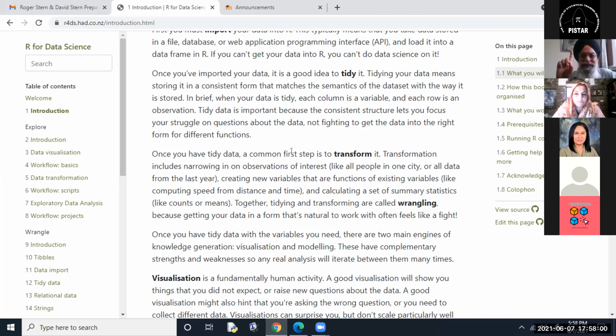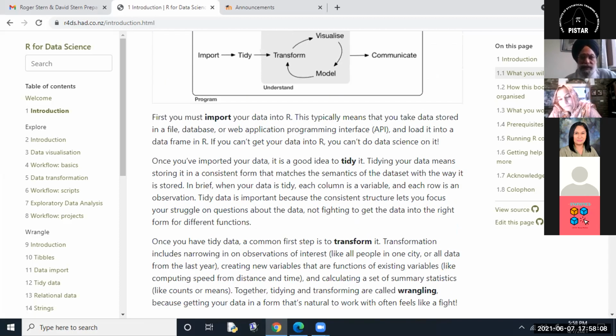Just a minute. Can I say something? Yes. You said import data. They are just making one point, that you are importing data from a file which you have created, or from a folder, maybe in Excel or in other programs. But last time I asked David that your R program doesn't give me any option for copy and paste.